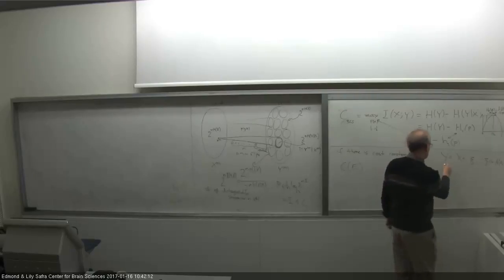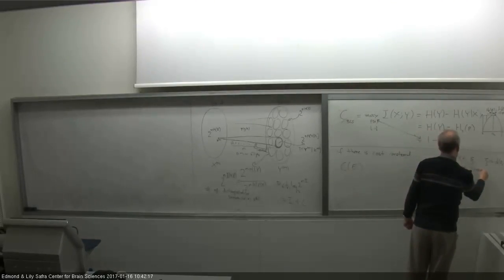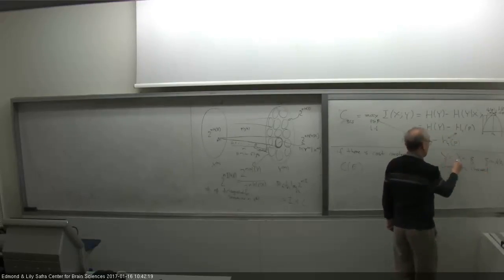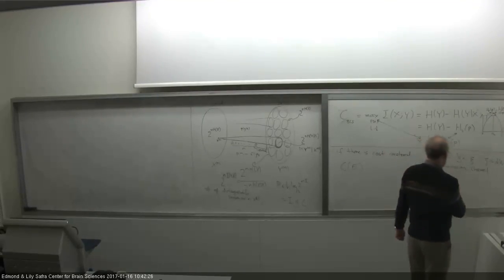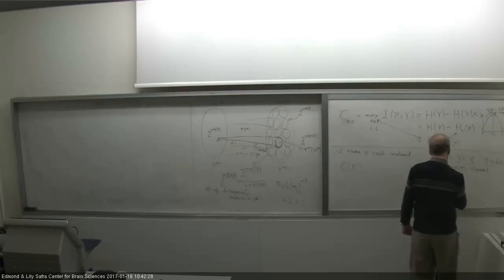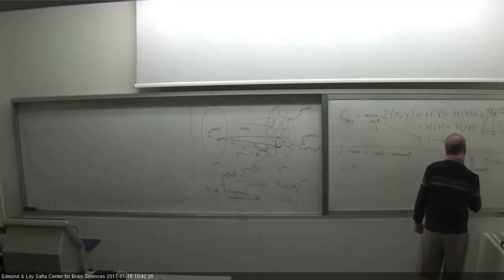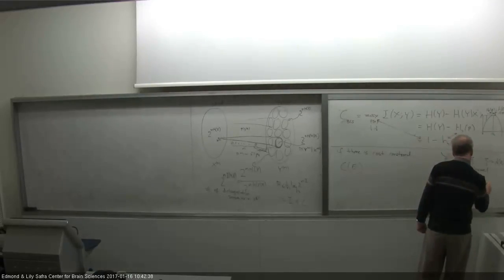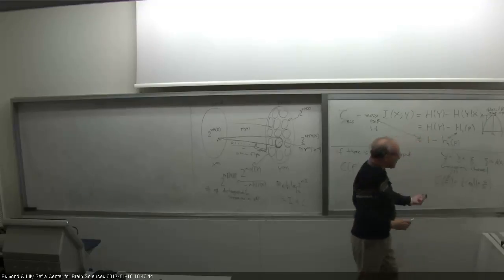So for the Gaussian channel, this is essentially the one-dimensional Gaussian channel. You can talk about multi-dimensional Gaussian channels. This could be a very nice lecture to discuss, but what you should know is that the capacity is a function of the energy, and it goes like half log of 1 plus the signal-to-noise ratio. The energy here is the magnitude of the signal. So this is a very important formula,